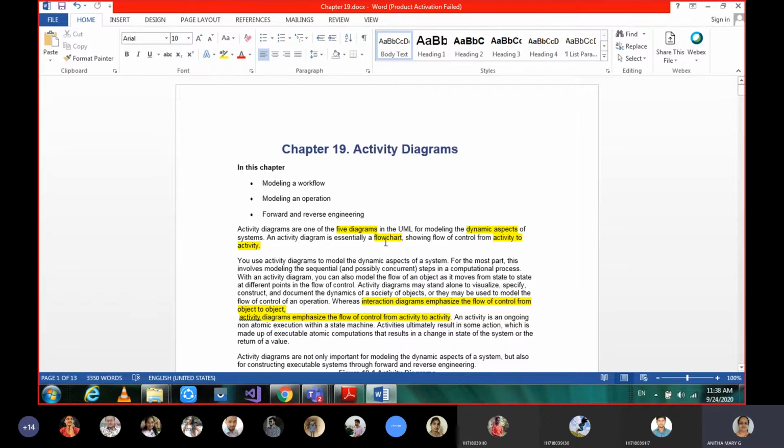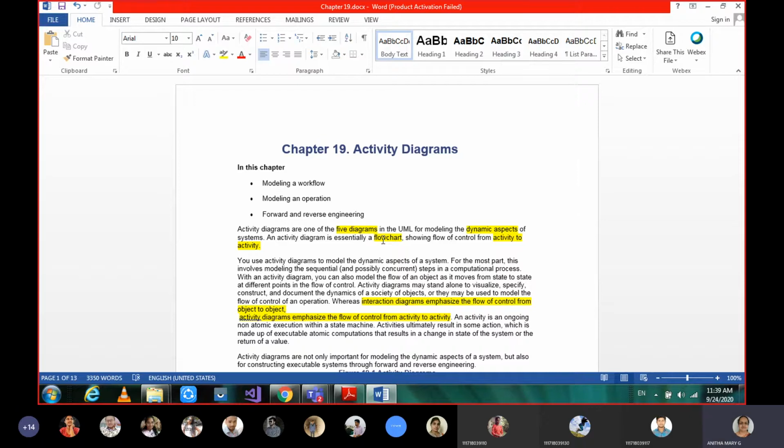I was telling you when we were learning about the diagrams chapter that activity diagrams are just like ER diagrams. Maybe in DBMS you might have studied entity relationship diagrams. How the flow goes, where it starts, what the start representation and stop representation are, and if you have any branching, how that flow is given. So the flow control of some activity.